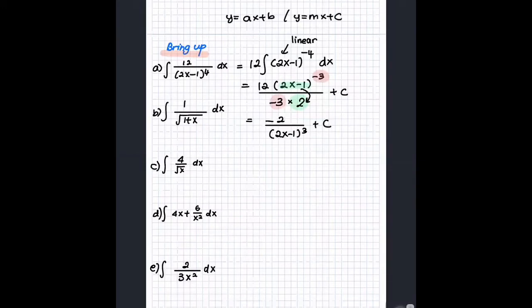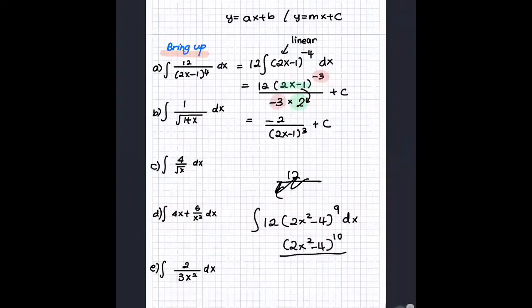Oh, okay. Yeah. Let's say now your question is like this: 12x squared minus 4, power 9. If I ask you to integrate, you cannot go and apply the formula and do this. You cannot do this, yeah. You cannot do 10 divided by 10 and then 4x and 12. This is a common mistake by most IGCSE students. You cannot do this. Pitfall.